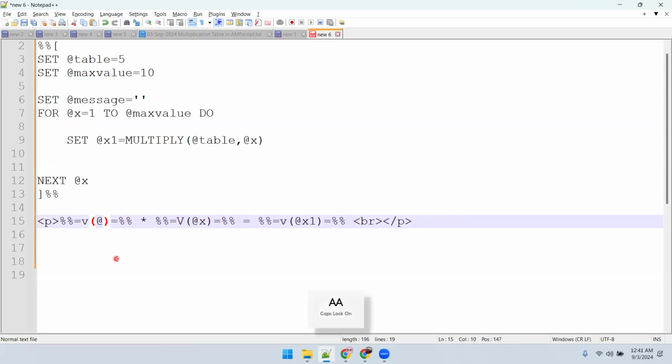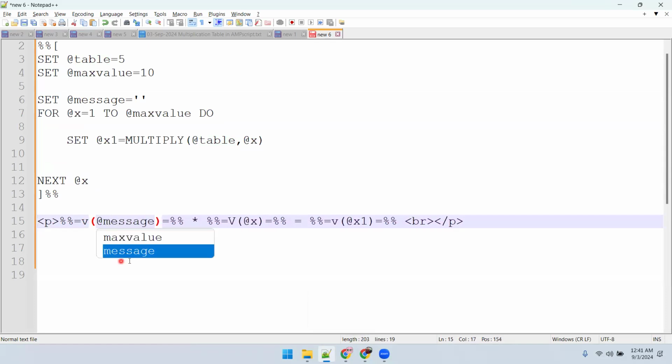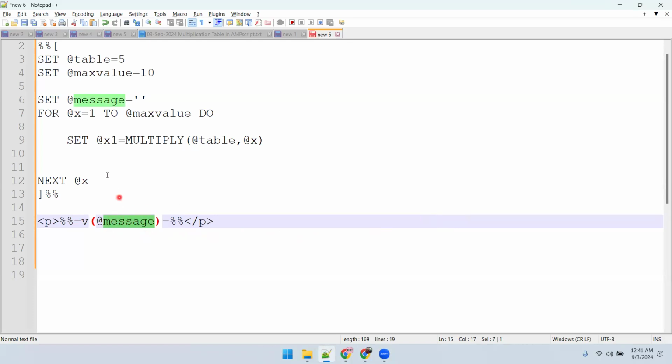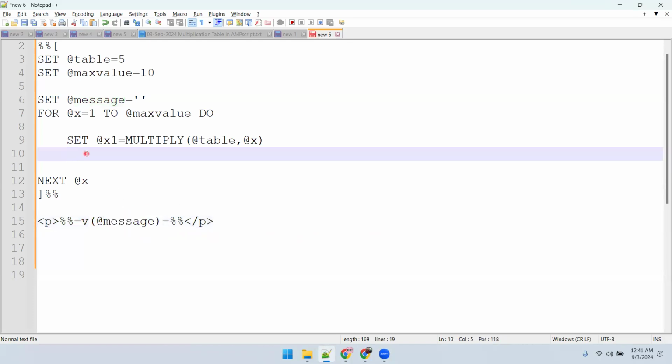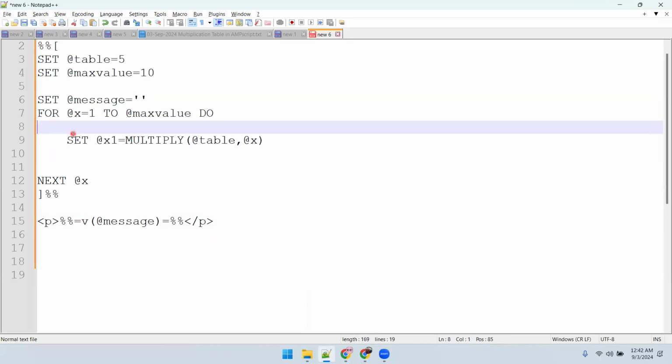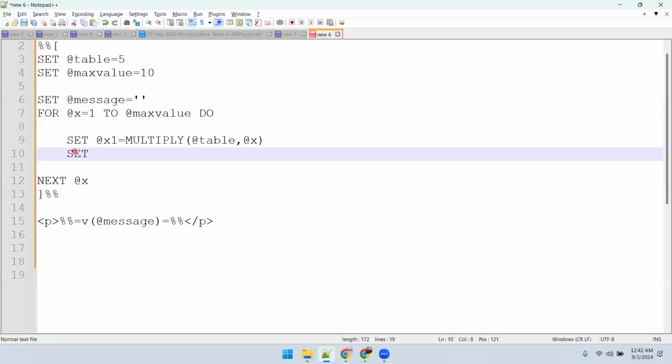I would just like to display. I don't need anything else. So till now, just a message. But how do I print this? This is where I need to ensure that I use set. That's fine. The keyboard is not responding. Set at